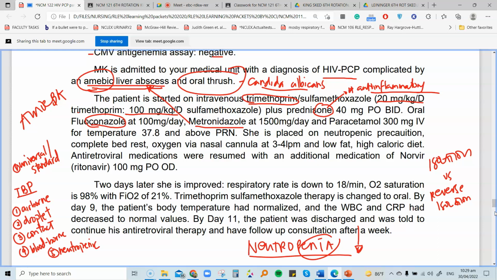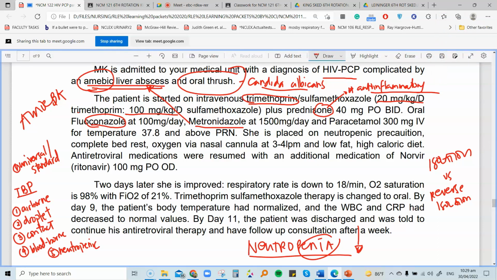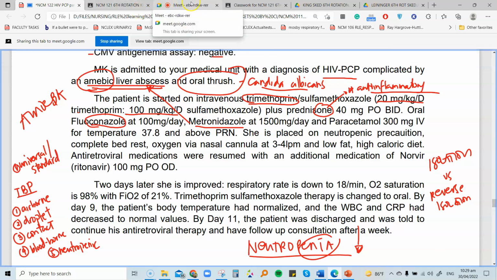Okay? Now, why is it called reverse isolation? It's because the people who are going to come in do not necessarily need to wear the full gear of protection. Kasi, sino ba ang contagious dito? Is it the patient or the visitors or the healthcare personnel? Yes? It's the visitors. Yes, they are infectious. So hence, who bears the burden of protecting himself? It's the patient.